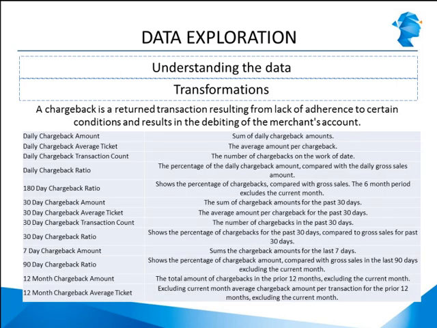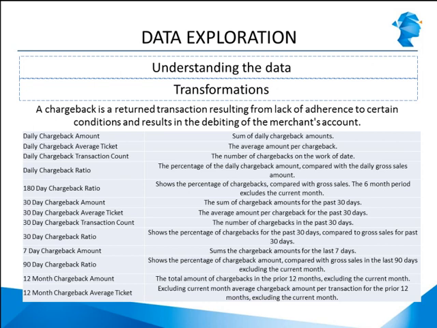In the financial services world, there are often a lot of transformations that we can do with the variables that are there. There are numerous transformations that we can do with a single variable. For example, on this slide, we see the variable chargeback. A chargeback is a return transaction, and that happens when certain conditions have been violated, and this results in the debiting of the merchant's account. So a chargeback is a transaction which has been returned, and now the money has to be given back to the customer. So the money has to be debited by the merchant's bank or the acquiring bank from the merchant's account. So for this variable, we can see a number of transformations here.